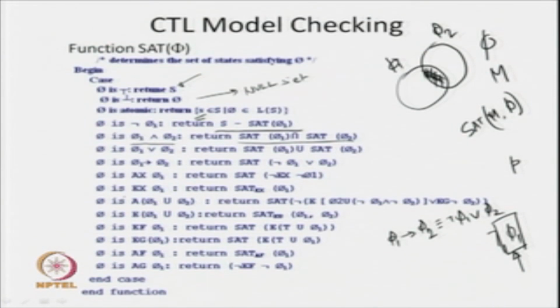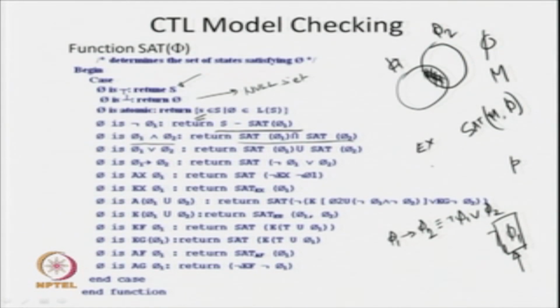Now, we know this particular formula that A x phi 1 is equivalent to not of E x not of phi 1. So, we have seen this particular equivalence. So, if my given formula is A x phi 1, then we are going to look for the satisfiability of not of E x not of phi 1. That means, first we have to express this particular A x in terms of E x, because we are going to look for a minimal set of operators which involves E x,